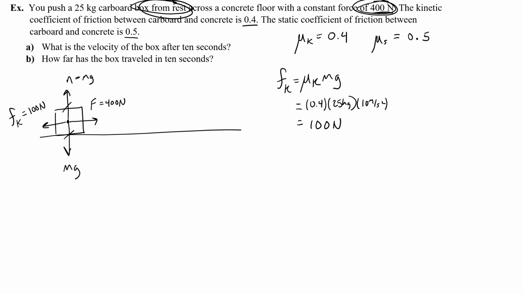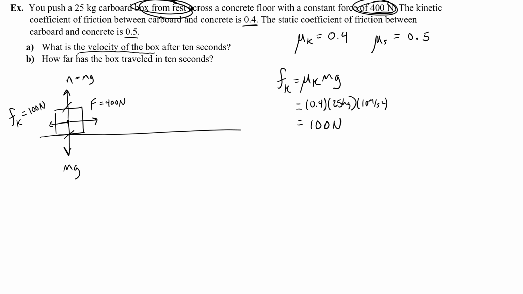Okay, so I've figured out that there is kinetic friction acting on the box, and now I know that there's 100 newtons, which maybe I'll draw much smaller than the 400. So how do I use this information to figure out the velocity of the box after 10 seconds, or how far it has traveled? Well, I can use this 100 newtons and the applied force of 400 newtons to get